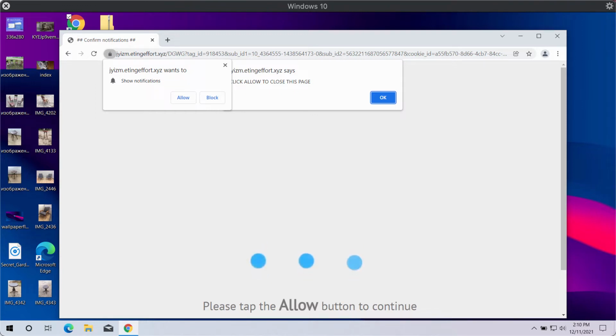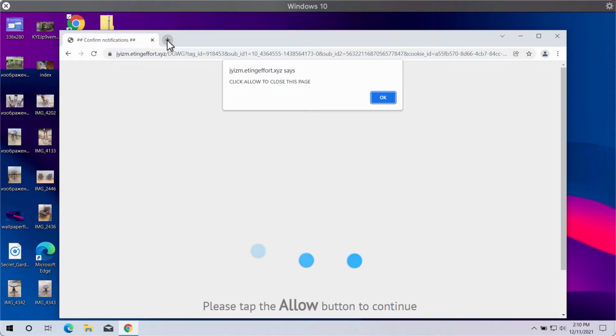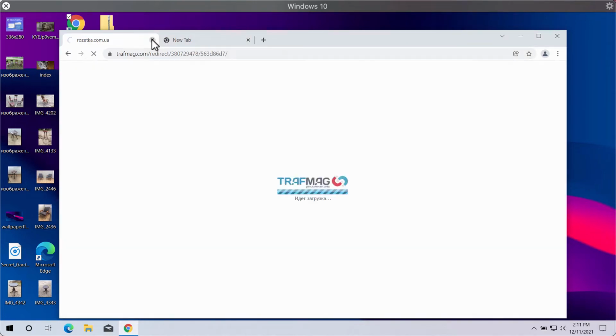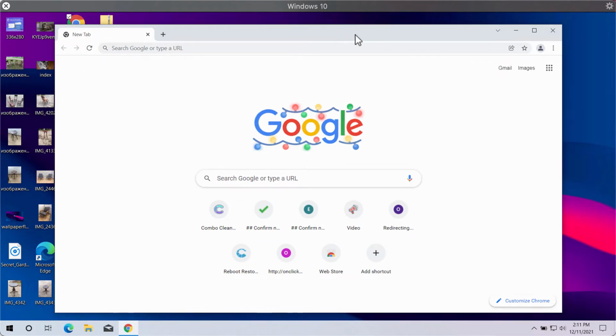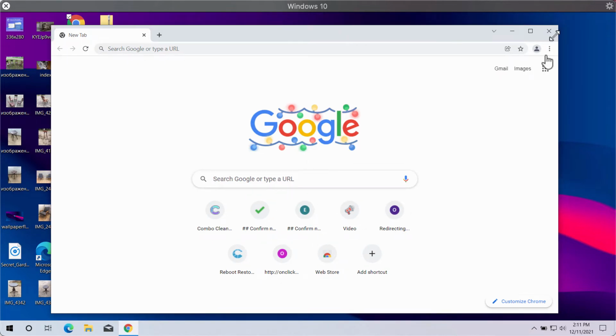But clicking on allow button is obviously a very serious problem, because after that the browser gets hijacked and infected. Pretty soon people may be forwarded to some other malicious or shady content, and they start getting a lot of excessive advertisements that will be shown primarily in the right bottom section of the computer screen. So, if you see these ads and if you are not happy with these ads popping up, you should definitely